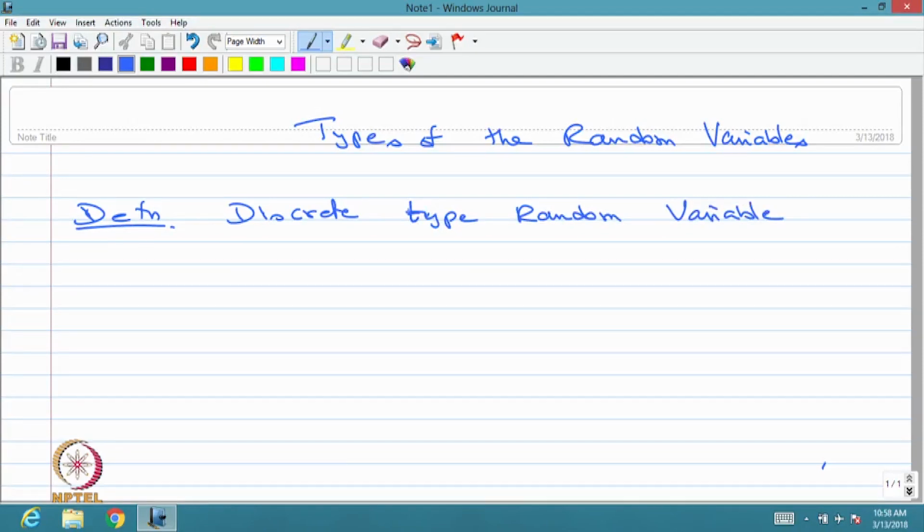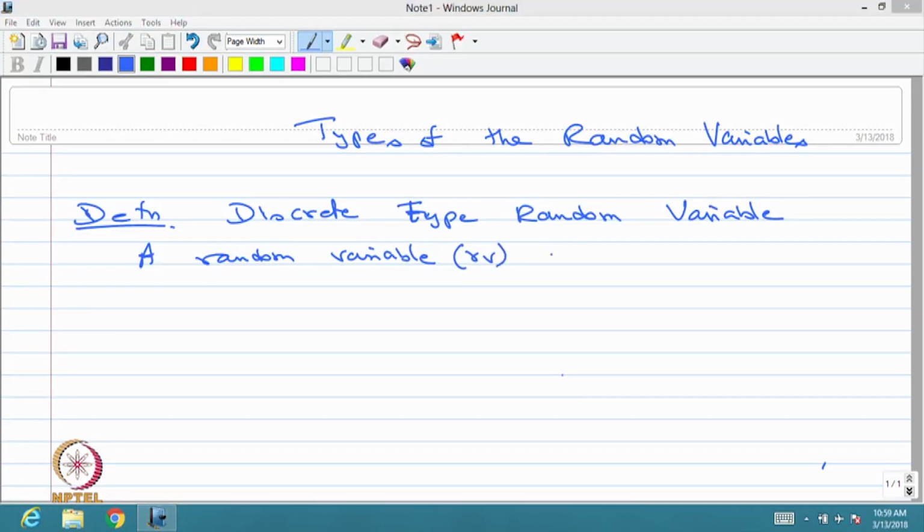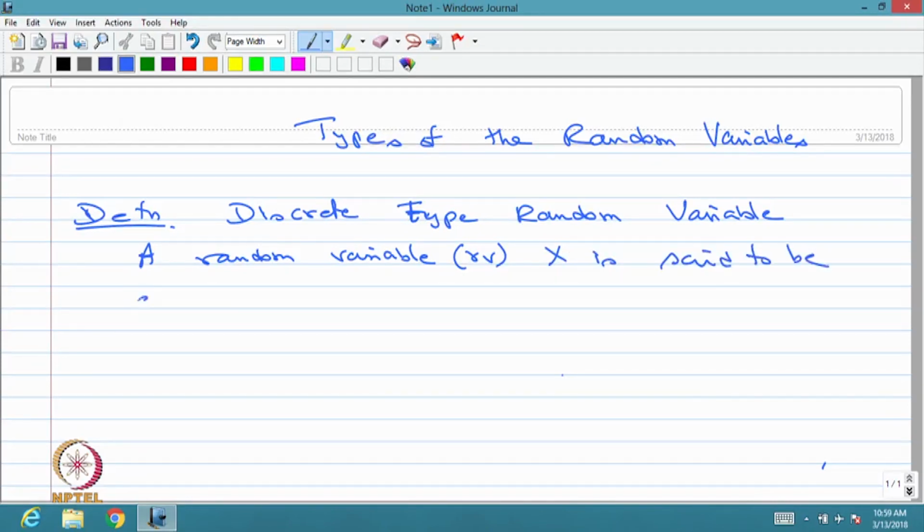When we say a random variable, in short we will keep writing RV. A random variable x is said to be a discrete type random variable